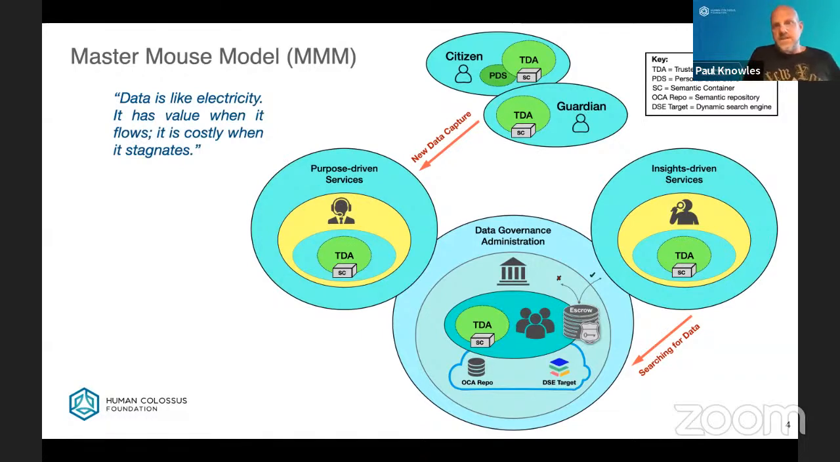So just very briefly, everything in here is citizen-centric. And we've also got a space here for guardianship. For instance, if a citizen has dementia or something like that, then some of the legal authority might be pushed over to a guardian. So that's those two spaces at the top. And then we look at this very much as a service model. So purpose-driven services as opposed to insights-driven services. Purpose-driven services could be anything from a taxi service to a clinical service, but that's really where new data is captured into these distributed data ecosystems. And on the other side of the model, there are insights-driven services,